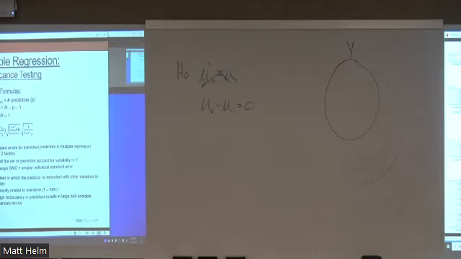Well, I have to ask myself, what's PTSD without negative affectivity, depression stuff? I don't know what that construct is anymore. It's not the construct that I'm actually interested in. My model is going to tell me about this part of PTSD that's separate from negative affectivity, but I have to start thinking carefully about what I'm left with after I start pulling things out. That's not a statistical issue so much as a conceptual issue: what do I know about my constructs? What am I choosing to put in my model?